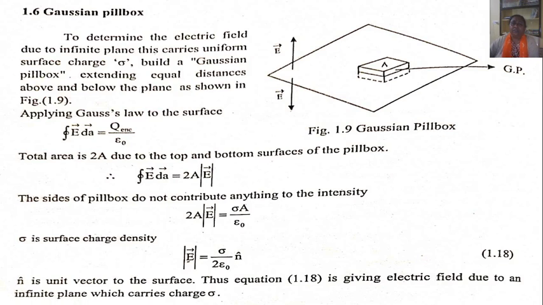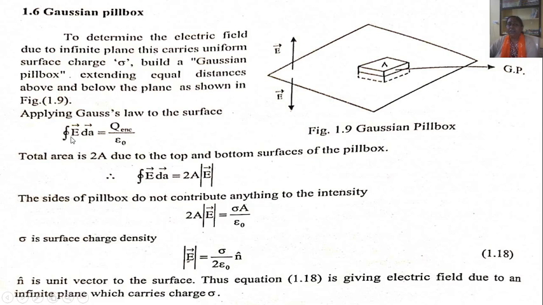Now next is the Gaussian pillbox. To determine the electric field due to a plane that carries uniform surface charge sigma, we use a Gaussian pillbox extending an equal distance above and below the plane, as shown in the figure. Now applying Gauss law to the surface,